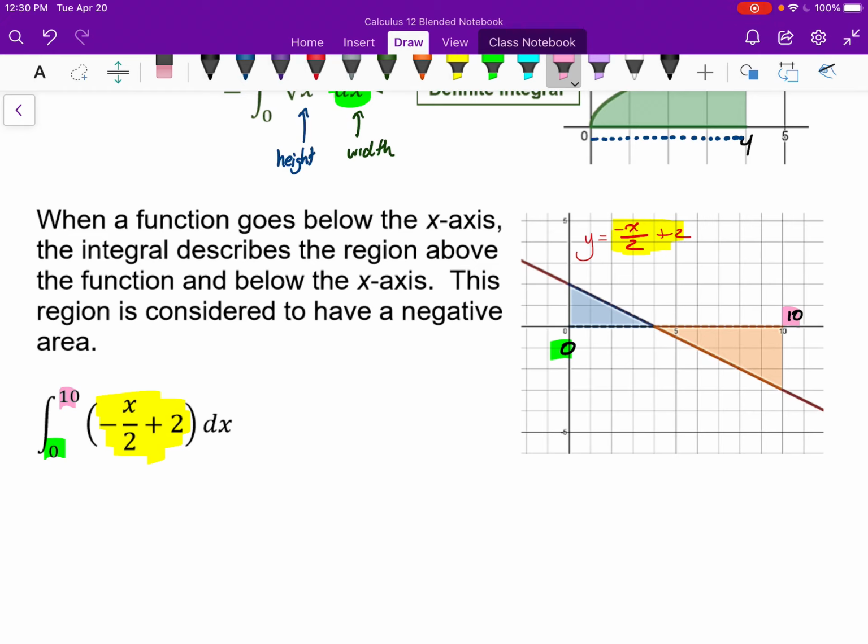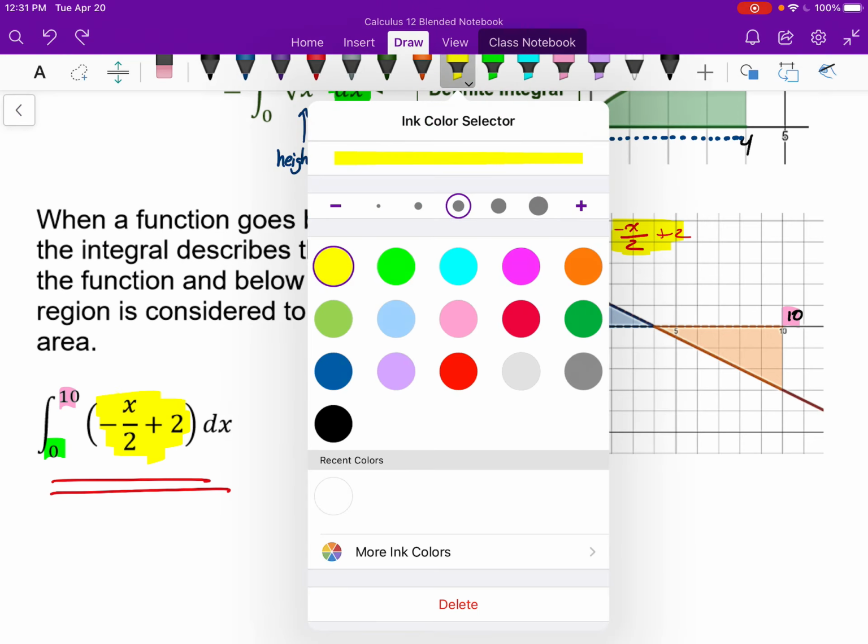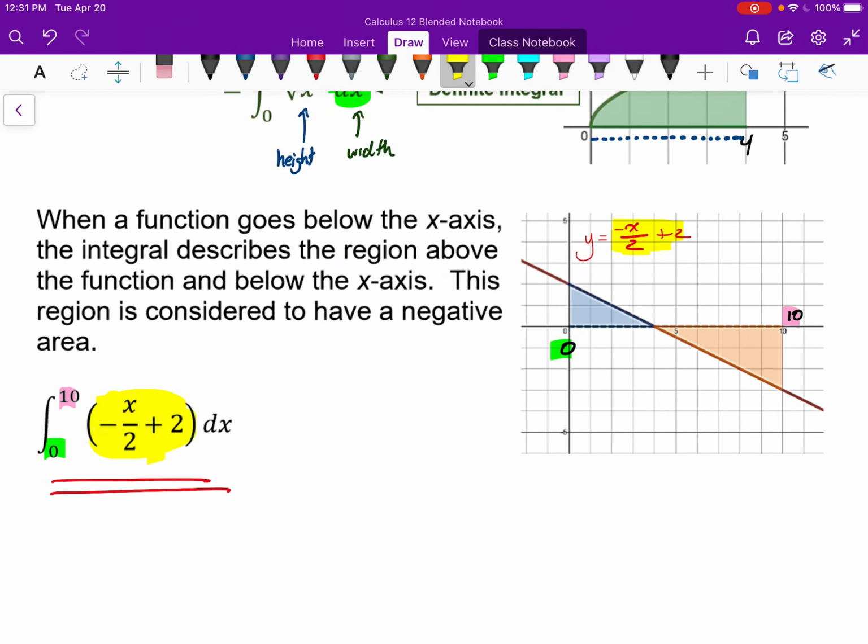And so what you see is a visual of this integral right here. This integral is describing the shaded region from 0 to 10 of this line. And this part that I've highlighted in yellow is the equation of the line that I gave you, but it also represents the height of all these infinitely many rectangles at any given point